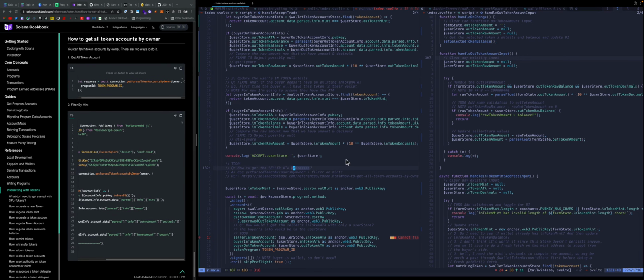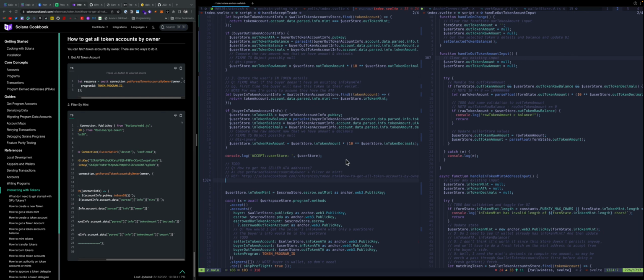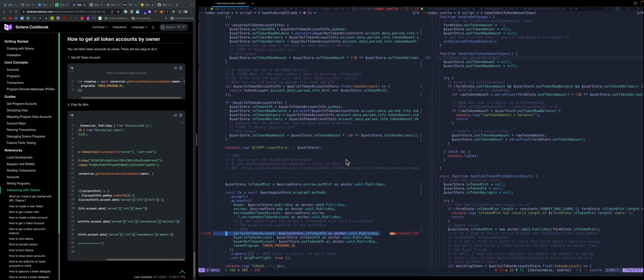We can use the get token accounts by owner, this whole parse token accounts by owner. That should allow us to get what we need for the seller side of things, because we need a few things. For example, this part right here, we need the seller's in token